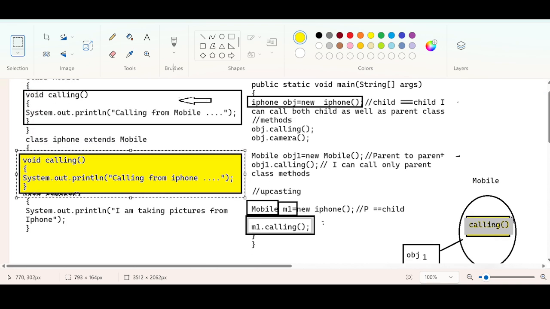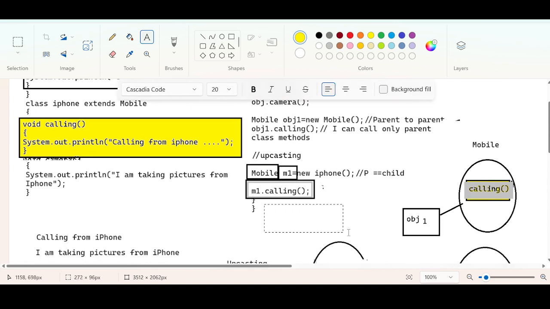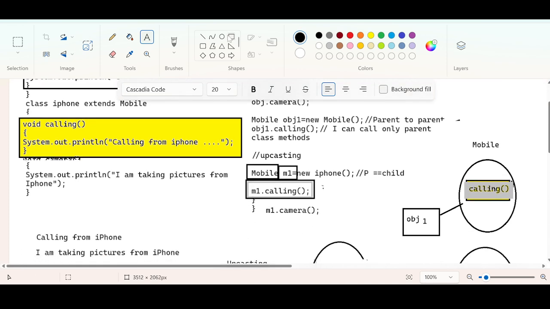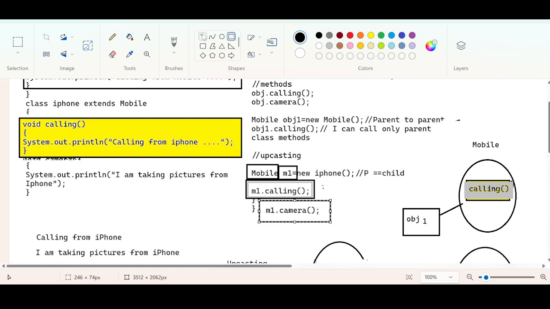But when you write something like m1 dot camera, what is happening? It will try to check for the camera method in the m1 reference. M1 reference is of what type? Mobile type. Inside the mobile class, is there any camera method? There is no camera method inside the mobile class. Of course, this is not valid.